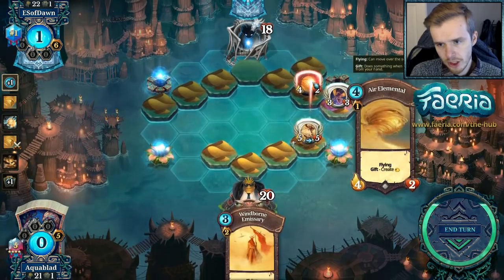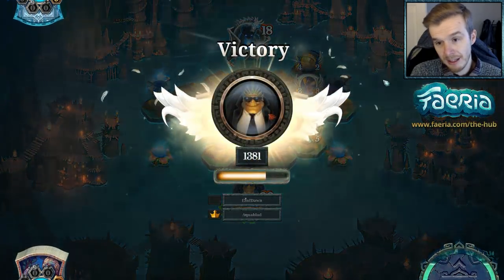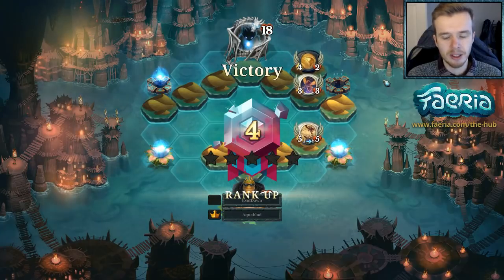So we get to just push this out the way. We get to take the corruption, get the value, and then we get the clear. And there we go. S is just going to scoop there, because it's going to be very difficult for him to come back with no Faeria at that point, because the last Nightmare